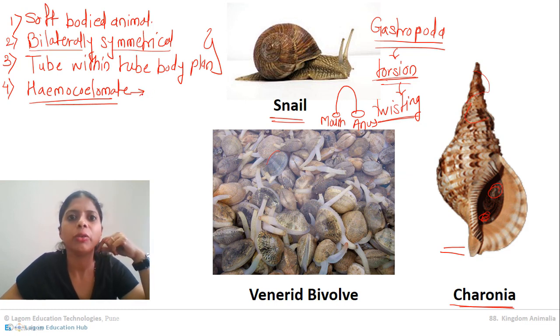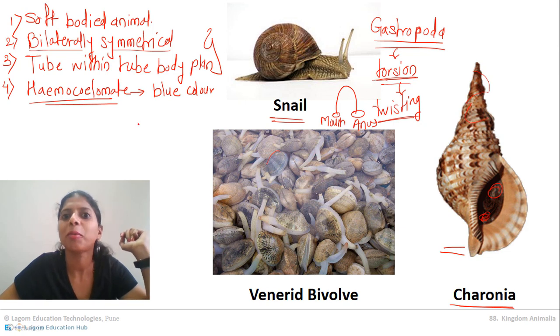There is a lot of confusion whether it is true coelom or pseudocoelom, but let it be. So this body cavity is basically filled with body fluid. The body cavity is called hemocoel and it is filled with fluid called hemolymph. Now in arthropoda we have already studied hemolymph, correct? In arthropoda hemolymph doesn't have any color, but here, in mollusca, hemolymph is blue.